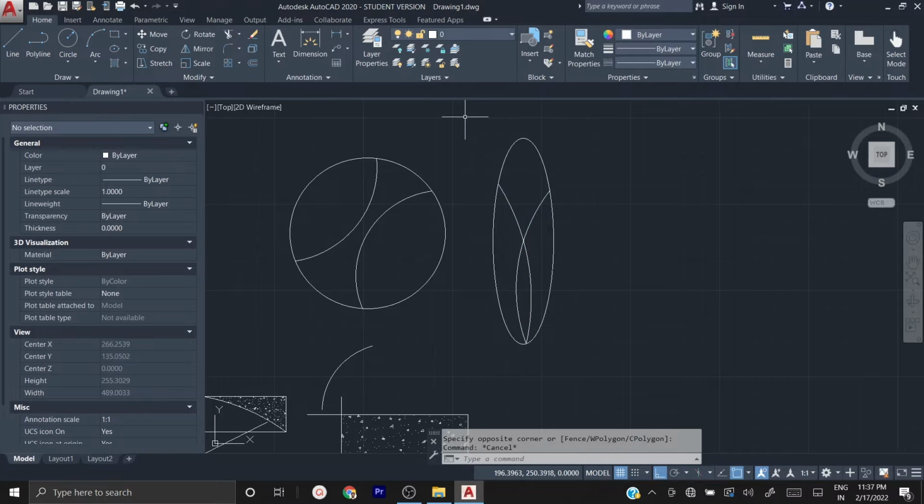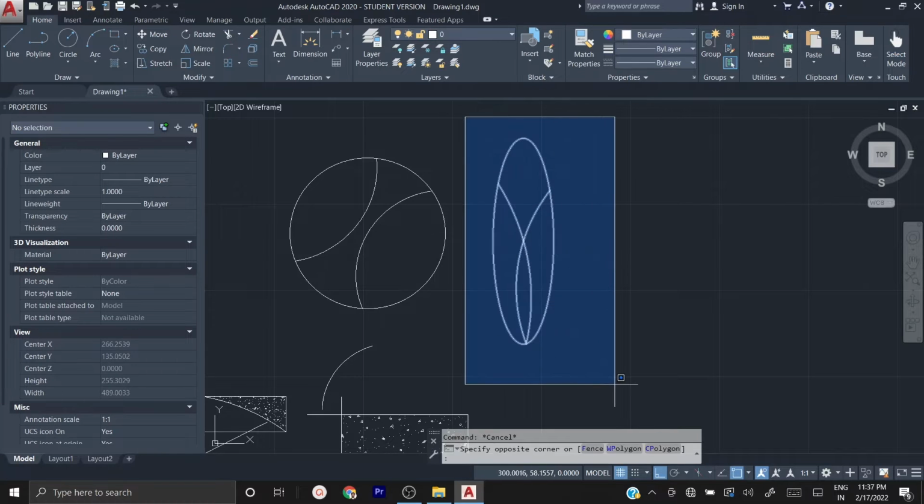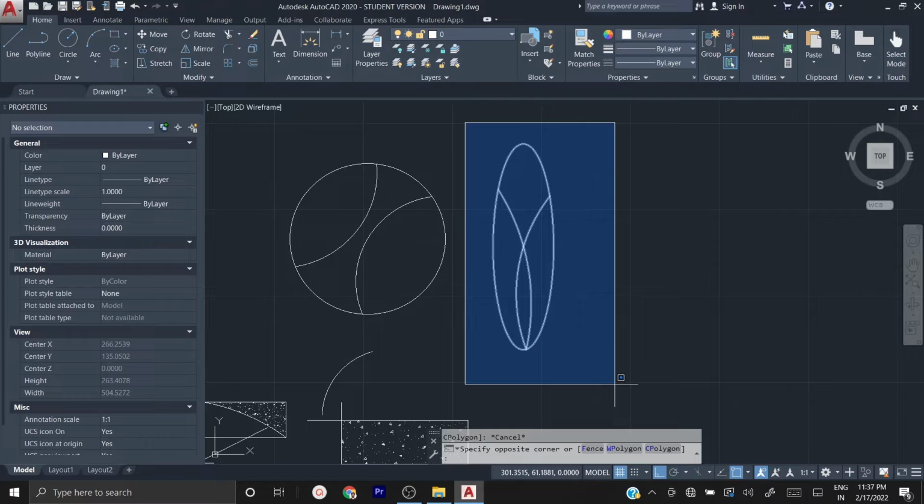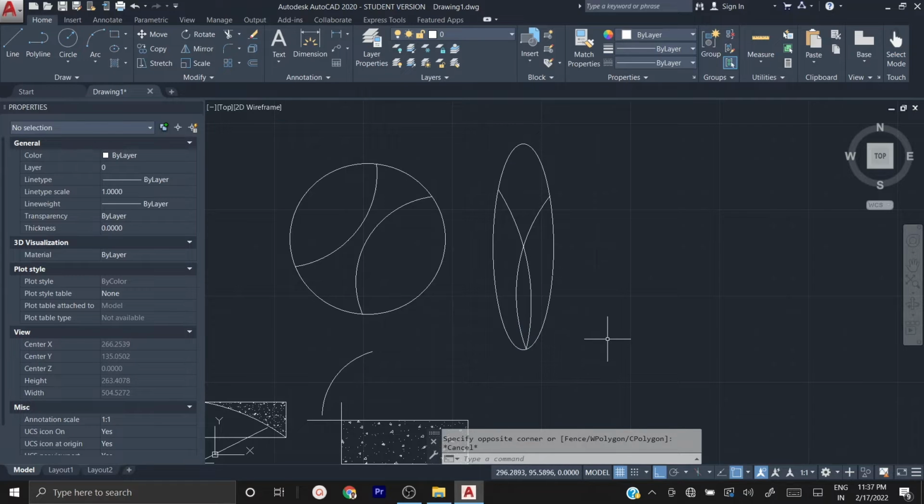If you come from top left to bottom right, whatever objects are inside the box alone are selected. But in the reverse, I'll just do the reverse, lower right to the top left, this way.